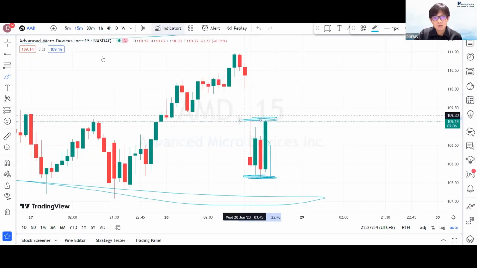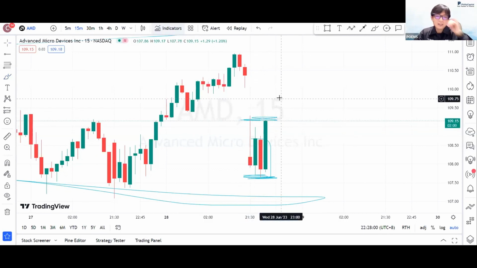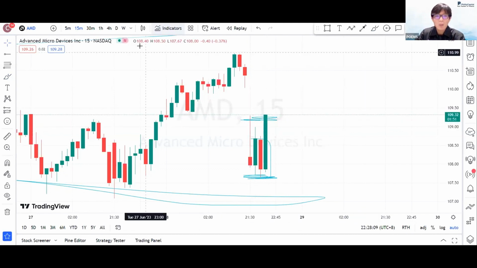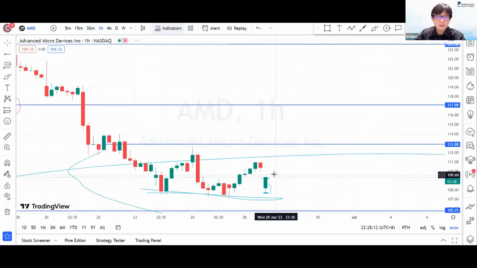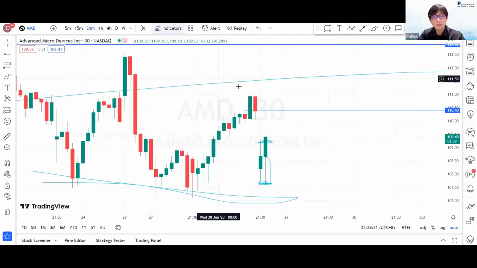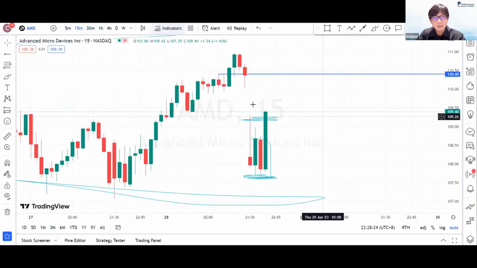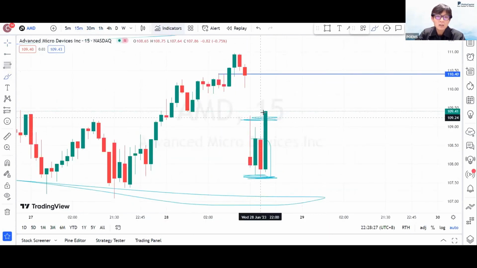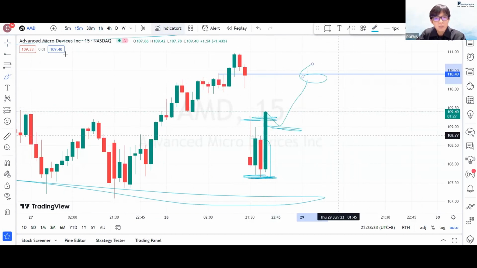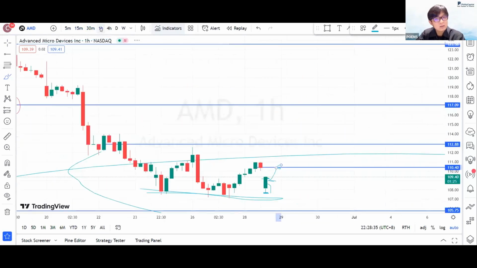Same thing, if you look at the 15-minute itself, you have this level of 109, a minor supply, a minor area where a potential rejection might appear as of now. But in terms of 30 minutes and H1, price is moving very bullishly. I think we should easily see the 110 area within this webinar session. Price is already trying to push high, and the price action will probably show a higher low being created, tapping into 110. So price action wise from 30 minutes and H1 is looking very bullish now.